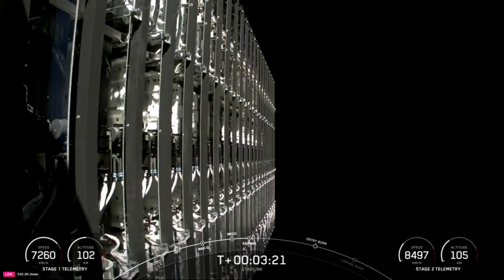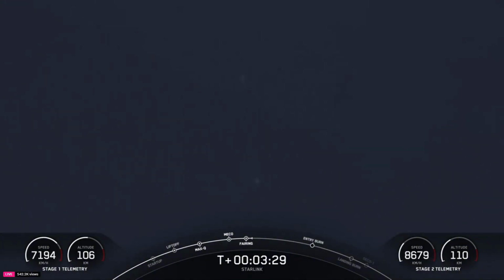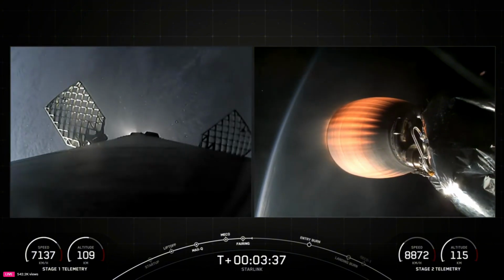Great views there that we have confirmation of fairing separation. Separation confirmed. And the call out for mission control. We will, of course, be attempting to retrieve these fairing halves again today once they fall back to Earth with our recovery vessel, Bob. Now, at T plus 3 minutes and 40 seconds into today's mission, the next major milestone